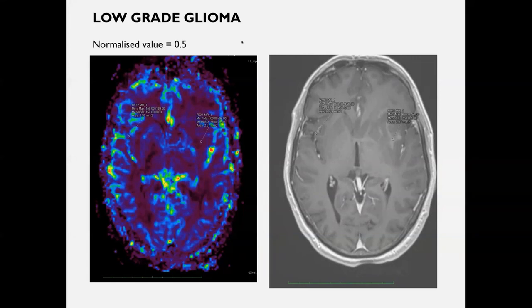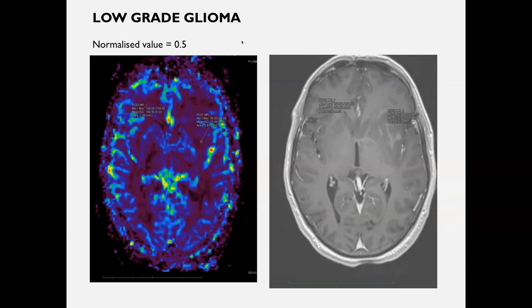So summarizing, grade 4 gliomas give values more than 4, 5, 6. Grade 3, you cannot distinguish actually, somewhere near 3 to 4. Grade 2 gliomas, we have already discussed, around 2 to 2.5. And low grade gliomas 0.5 to 1.5. And these are actually 90% true. There are always exceptions to it, so we need to be very careful.